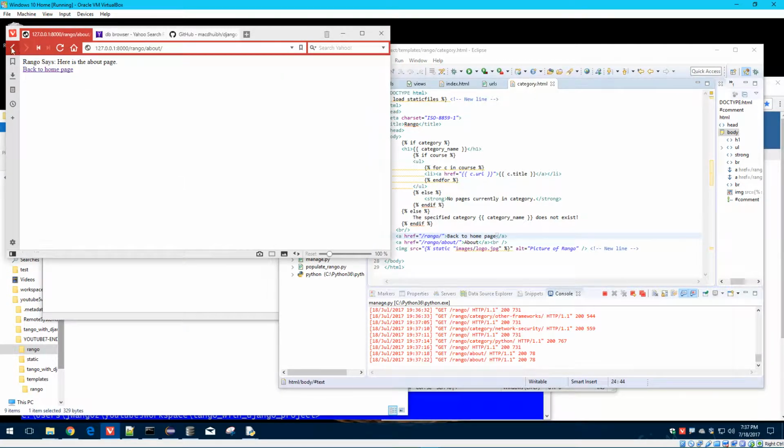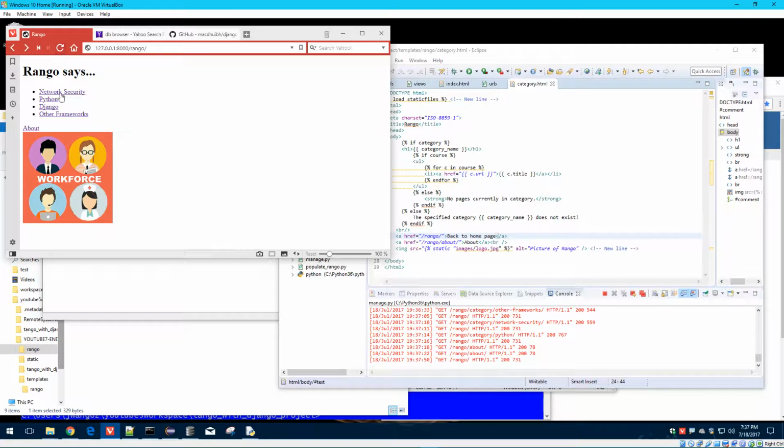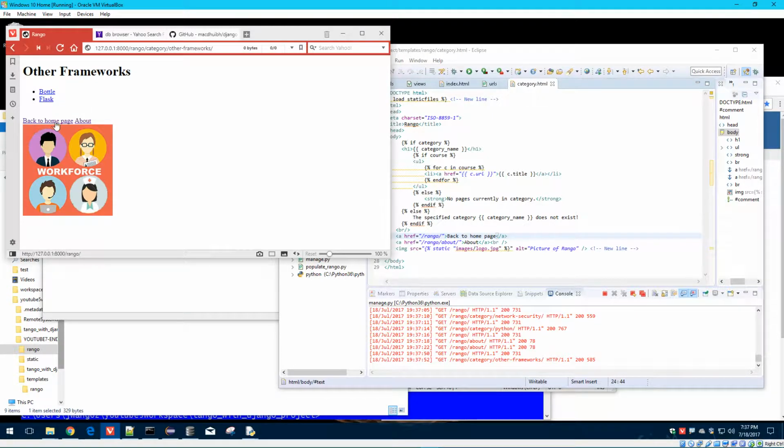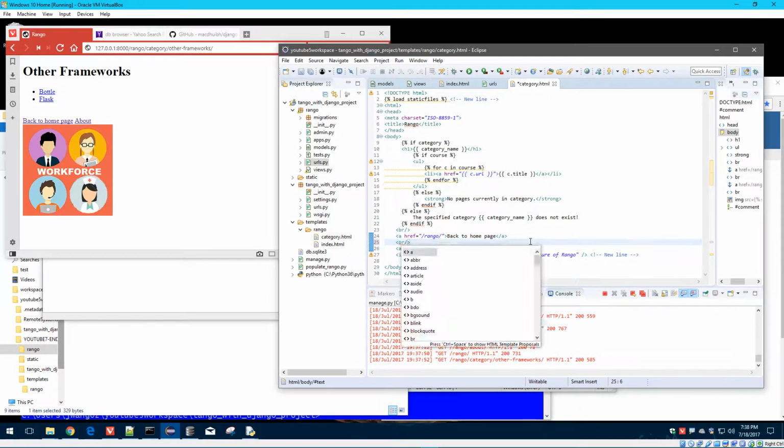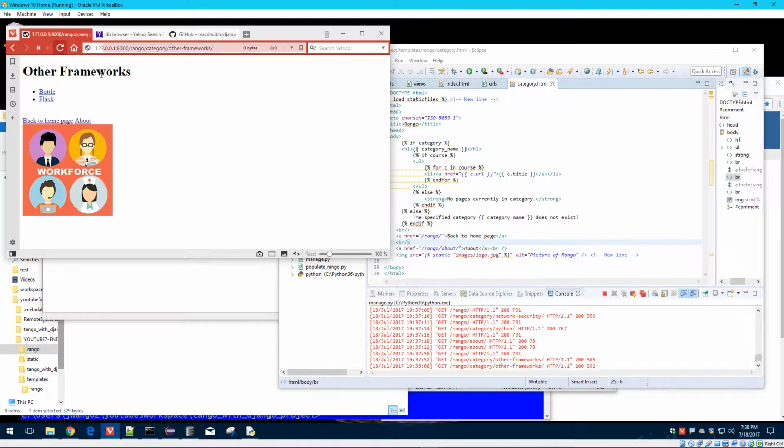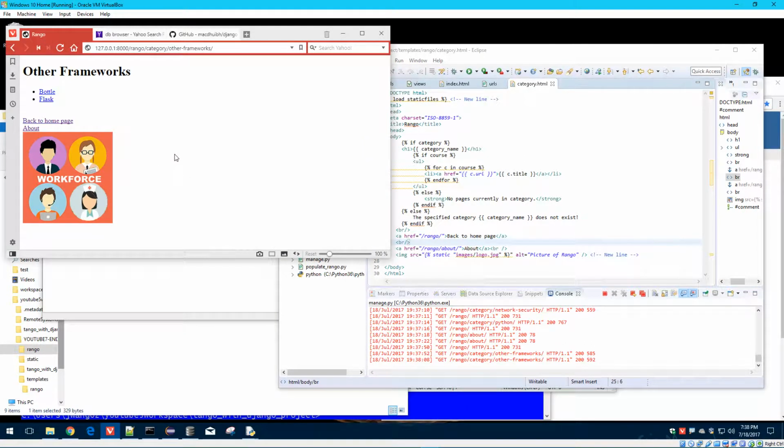Okay, so let's reload. Back to home, right? So put a break here. Okay, so that's pretty much done in terms of how we drill down one layer at a time